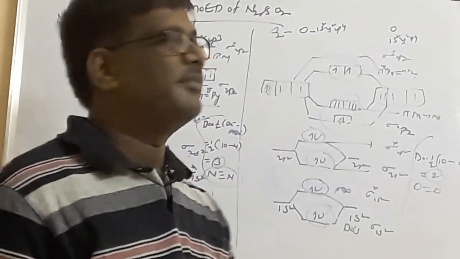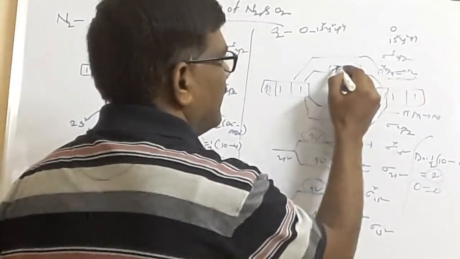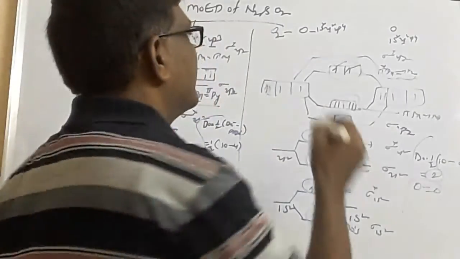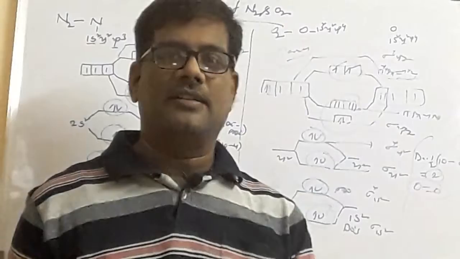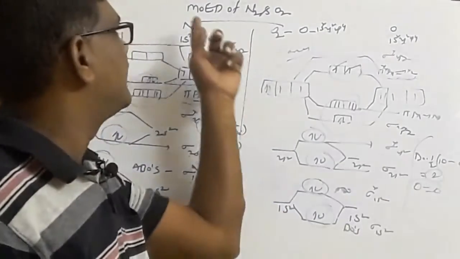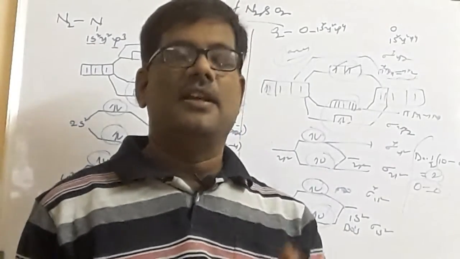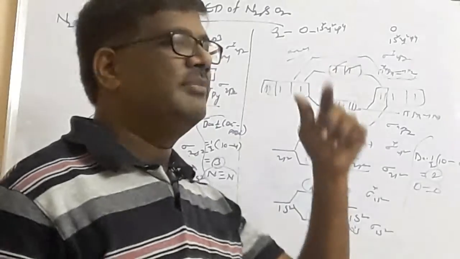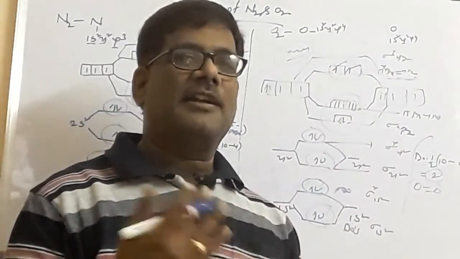Another very important point: if you observe in the case of oxygen, in the anti-bonding orbital, oxygen has two unpaired electrons which are responsible for the paramagnetic nature of oxygen. Oxygen will have the paramagnetic nature, which can be explained by only one theory. That theory is called the molecular orbital energy diagram. According to this theory only we can say oxygen will have the paramagnetic nature. How can we say? Oxygen has two unpaired electrons. Whenever there are unpaired electrons, they are responsible for the paramagnetic nature.